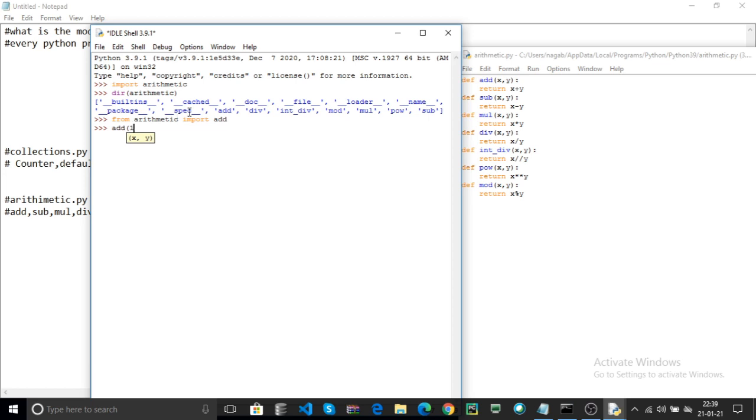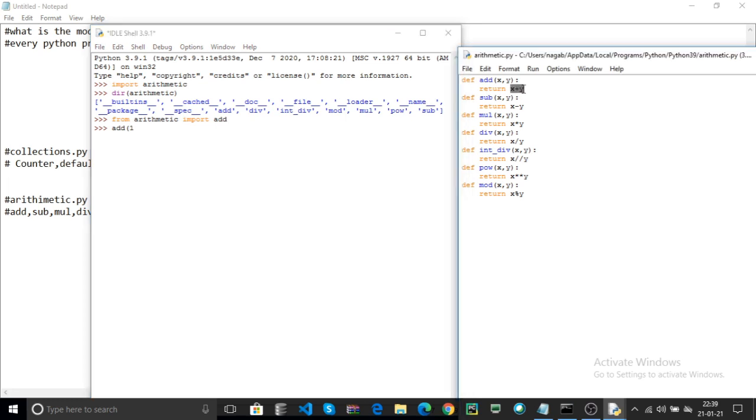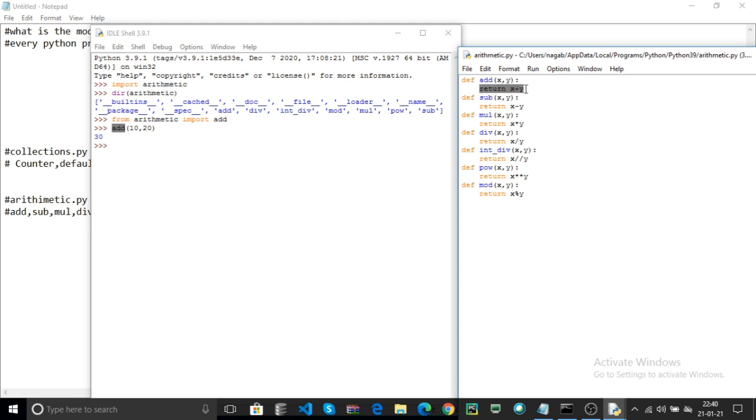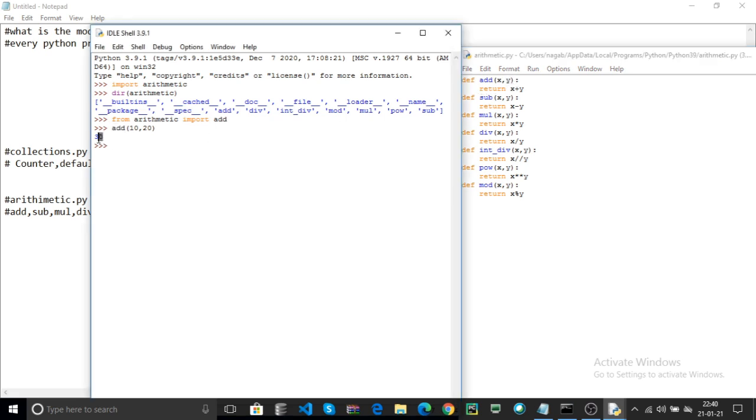That means the add function contains our variables x, y. Here you can pass, for example, 10, 20 and hit enter. Here it returns 30 because the add function requires 2 parameters. The 10 is stored in x and 20 is stored in y, and the add function returns x plus y, which is 30.